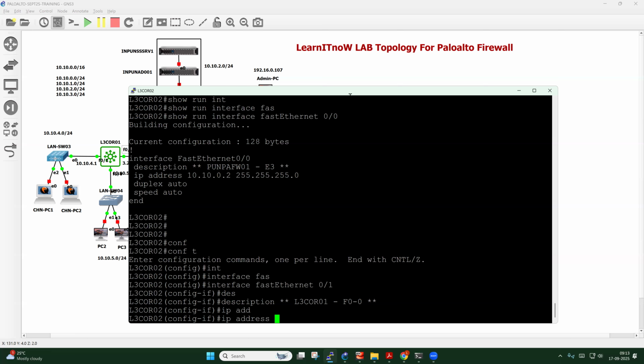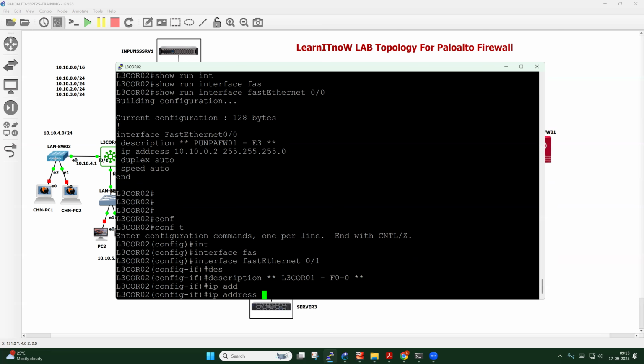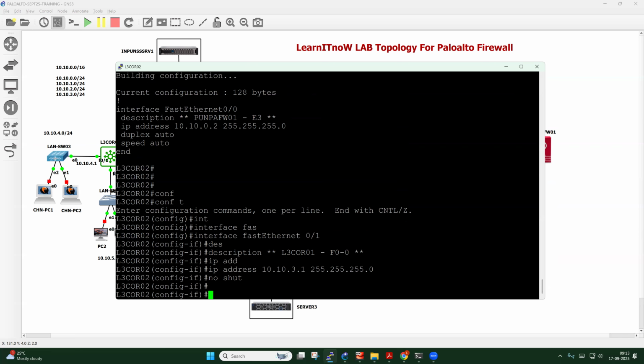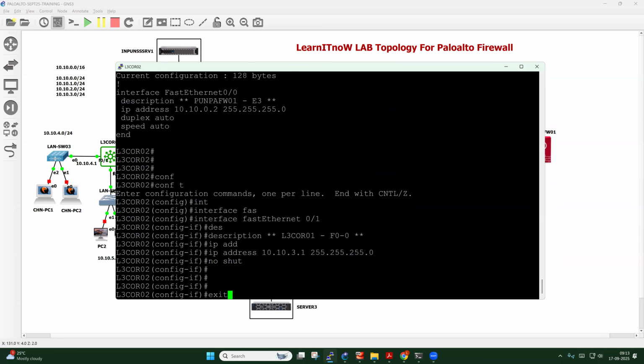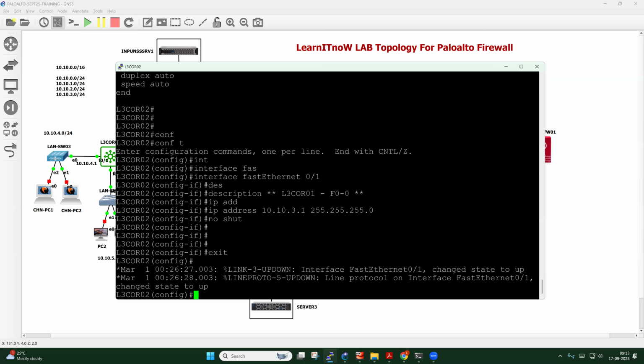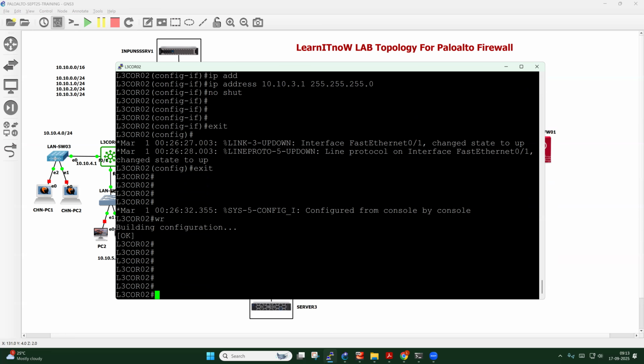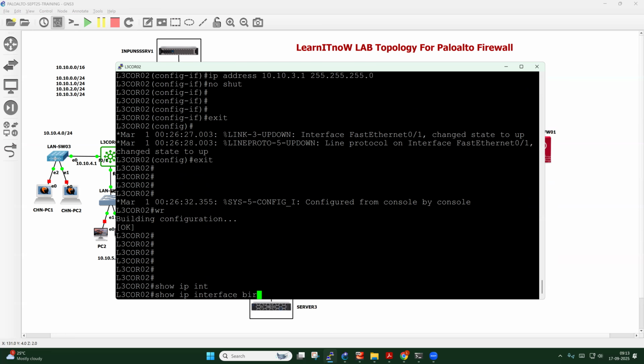Then the IP address. What is the IP address we want to use here? 10.10.3.1, 255.255.255.0, and then no shutdown. All right. Exit. All right, we configured two of the interfaces, exit from here, WR. And now if I look at this, show IP interface brief,